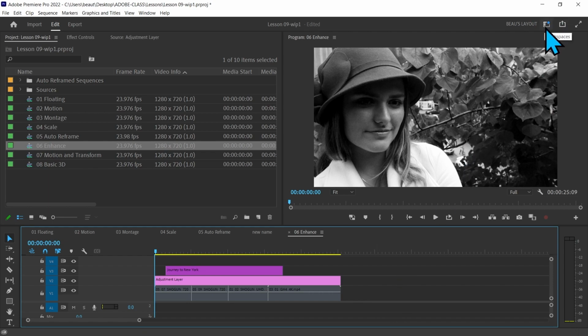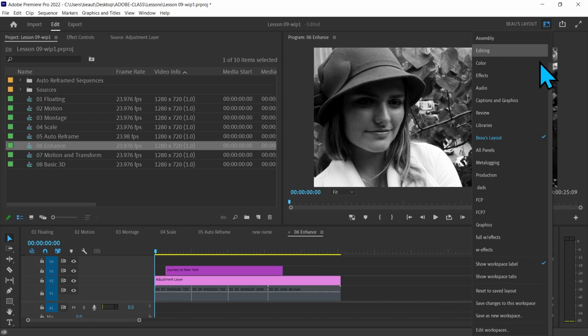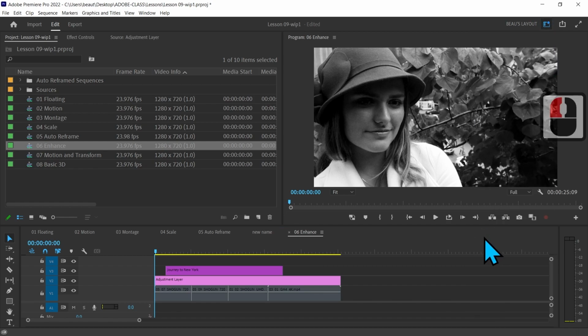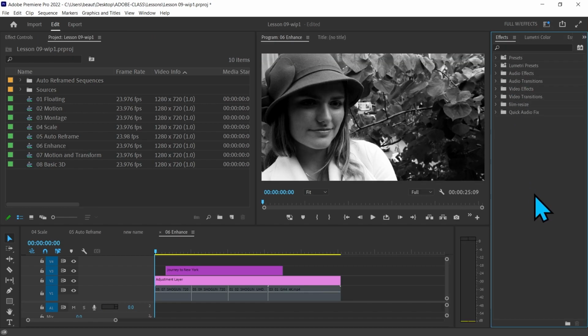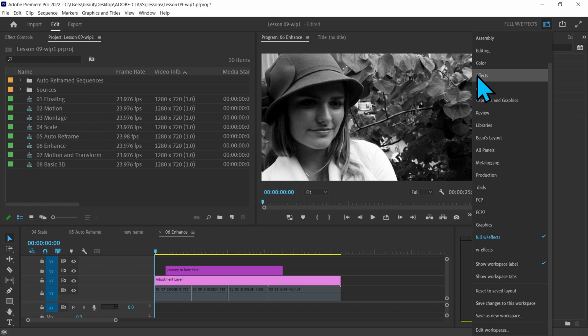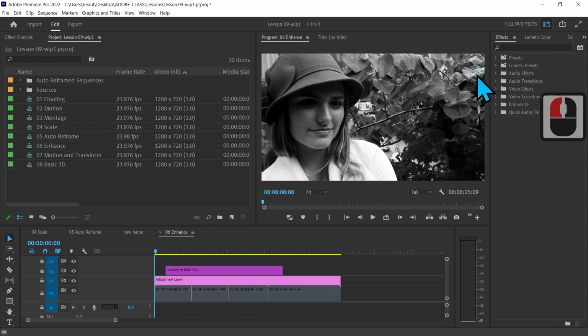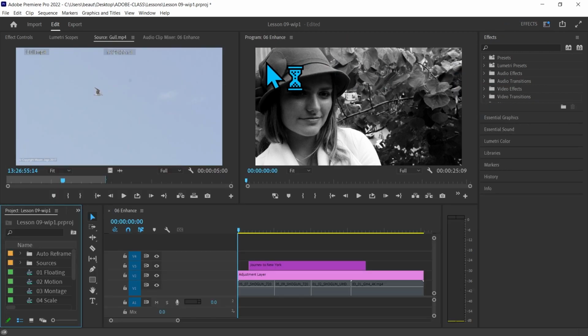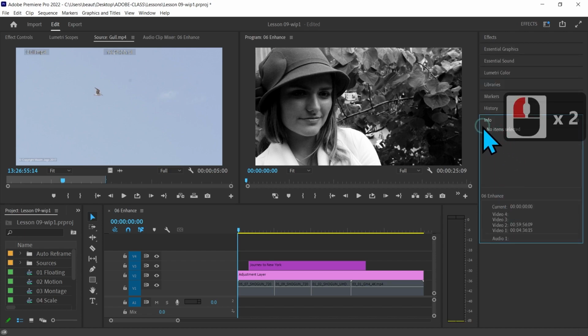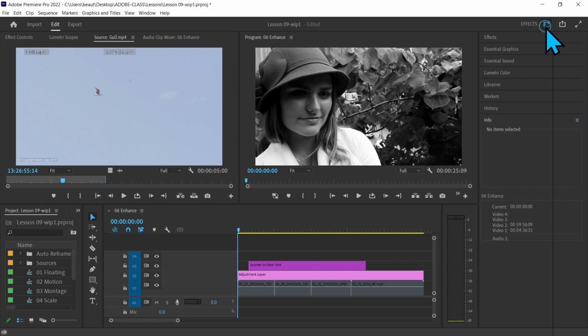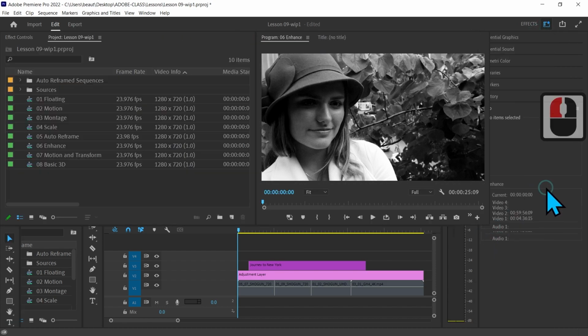And to do that, I'm going to go into my effects panel. And I'm going to use my setting, which is called full with effects. The effects window is up on the right-hand side. This is the way I've laid it out. There's another layout called effects right here, which is an Adobe layout. I'm not a particular fan of that because it throws my project window down here. And it has all these other additional windows that I typically don't use, like info, etc. So I'm going to go back to my full with effects,